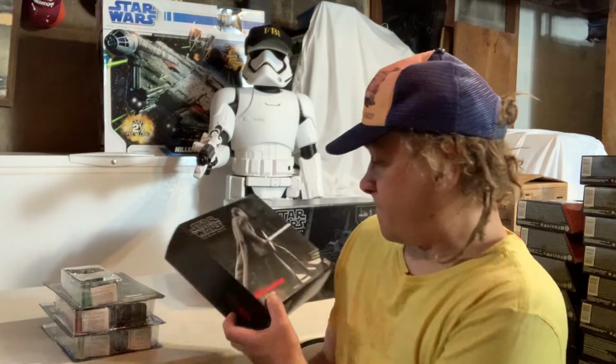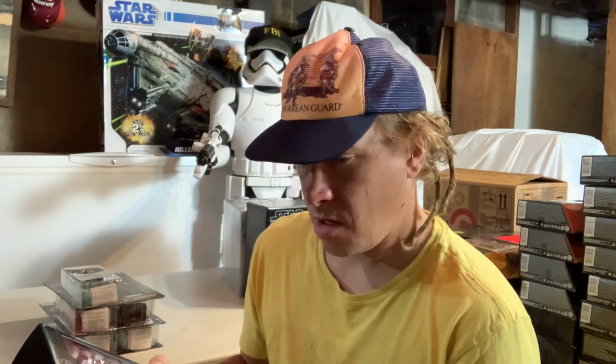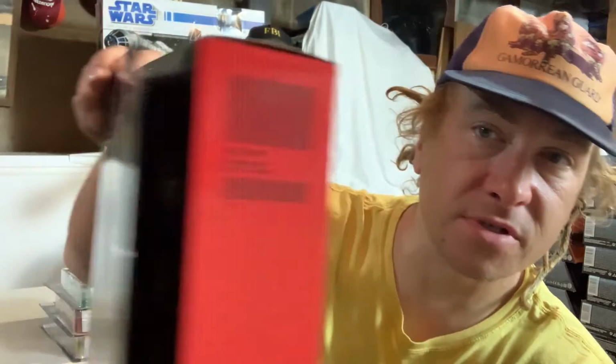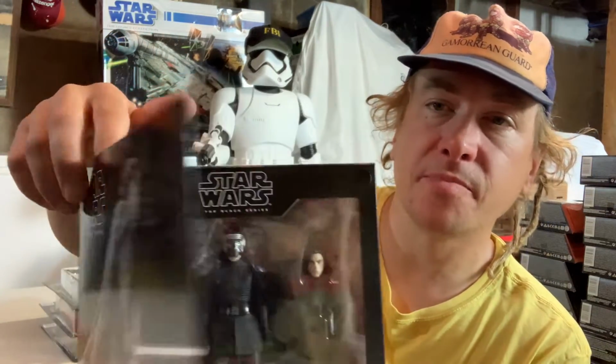And then we have Kylo Ren Throne Room. And I believe this is the only Kylo Ren figure that I have. I thought Adam Driver did an excellent job as Kylo Ren. Here, once again, the old style packaging. Opens up. It's got Velcro. Oh,